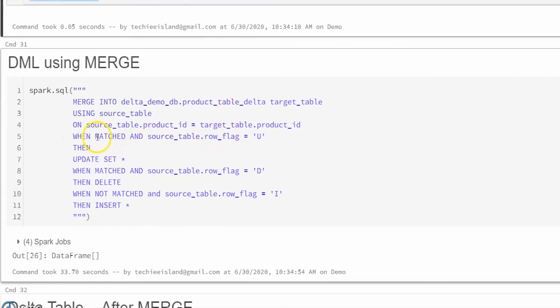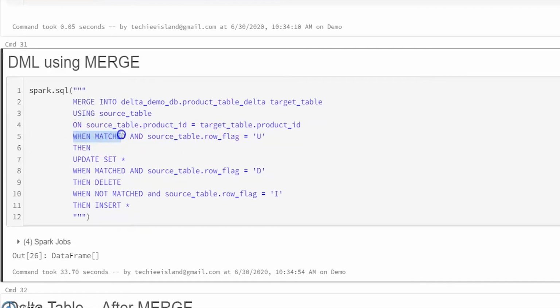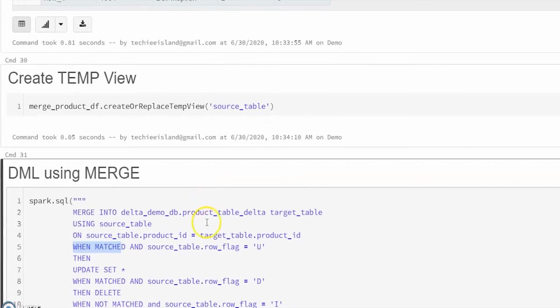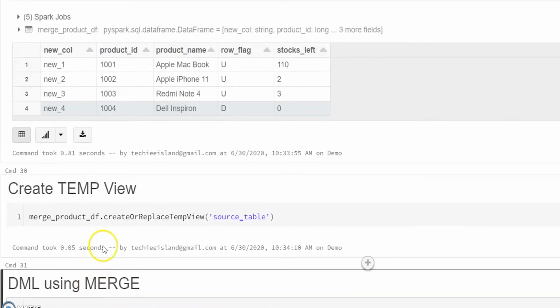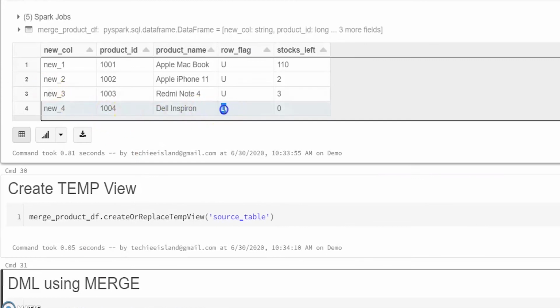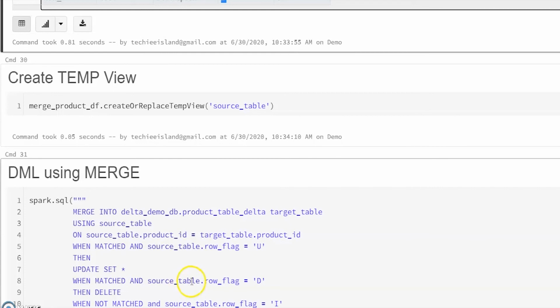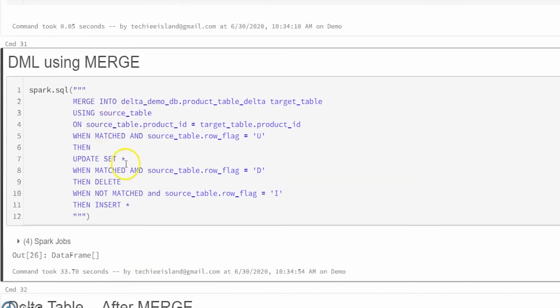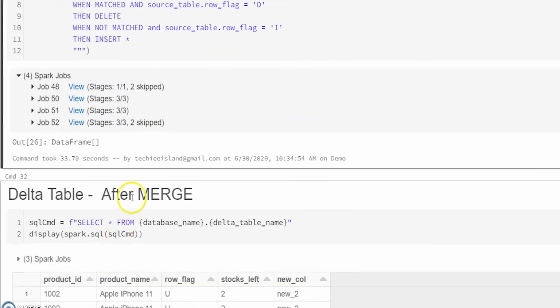Now, when the product ID is matched and the row flag is update, then I need to update all the column values for that record. When the product ID is matched and the delete flag is there in the source data frame, then I need to delete that record in my target Delta table. When it is not matched with my product ID in my Delta table and the flag is I, it is considered an insert.